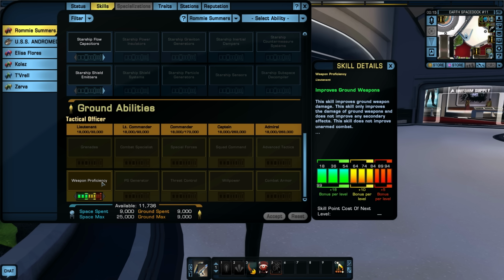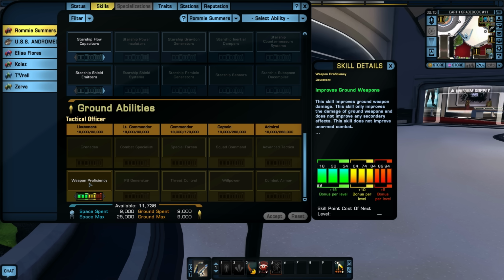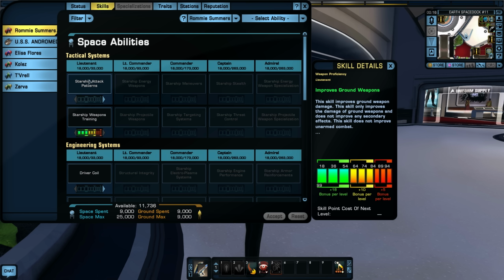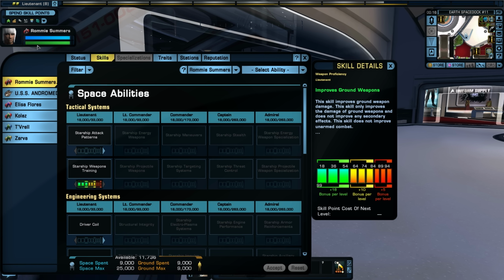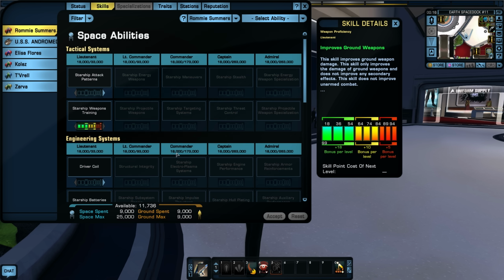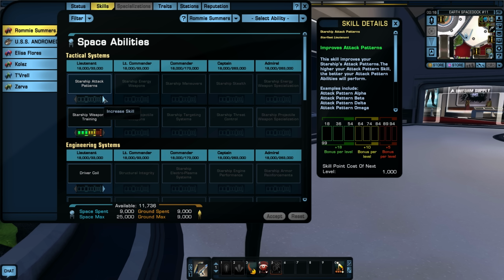Let's see, I should be able to, yeah, finish the weapon proficiency on ground. Now I'm maxed out on ground weapon proficiency. That's going to help me on ground damage. So we're good there. What am I? I'm Lieutenant 8 right now. Still got a ways before we get to Lieutenant 10. I guess I'll go ahead and put him in attack pattern now because that will help attack pattern alpha, which